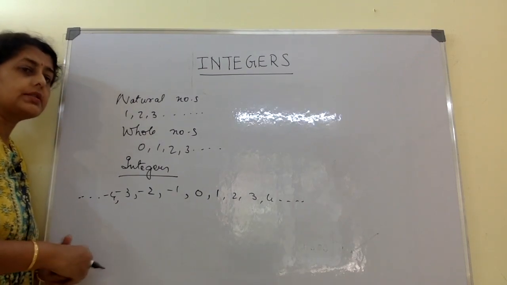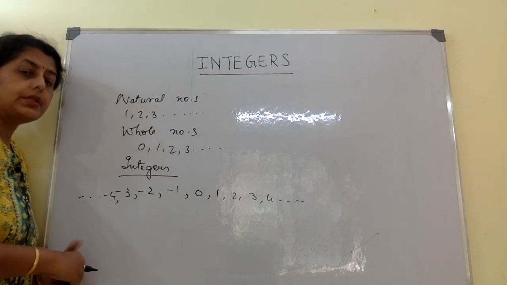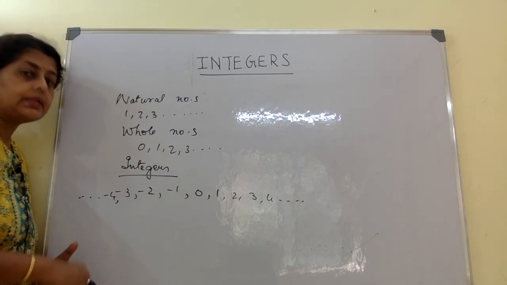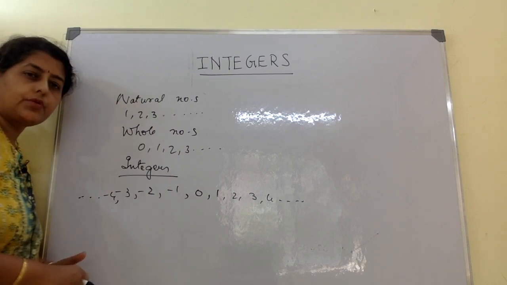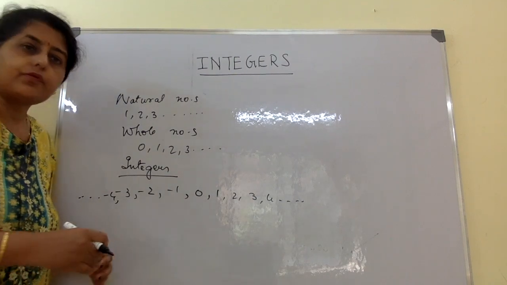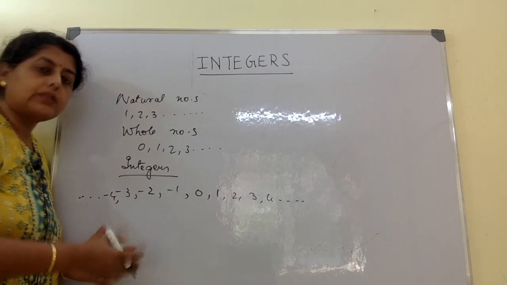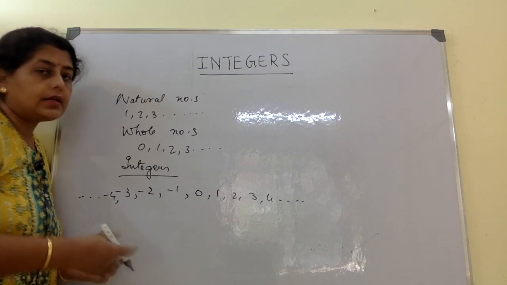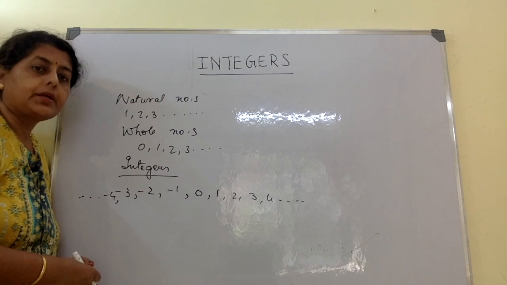Now this is integers. Now how do we add two integers, or how do we subtract two integers? I shall be explaining this with the help of the number line, but that doesn't mean that you will always have to do the sums with the help of the number line. I shall be explaining it with the number line so that you understand it well, and later on you can follow a method and manage it without the number line.